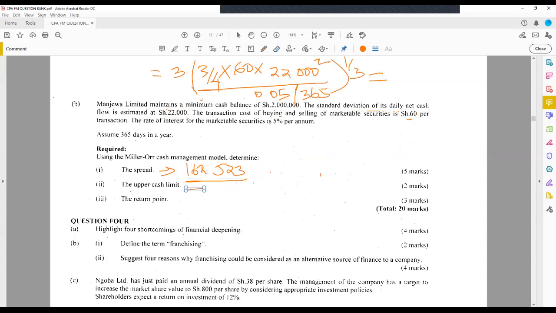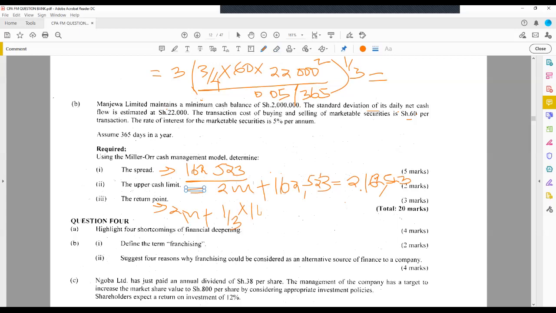So the upper limit is going to be the lower limit, which is 2 million, plus the spread, which is 162,523, to give us therefore 2,162,523. The return point is the lower limit, 2 million, plus a third of the spread,